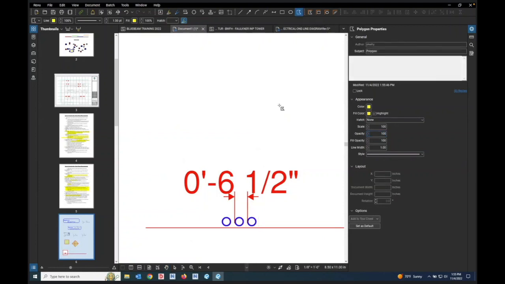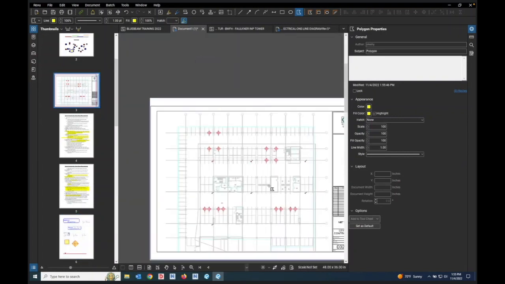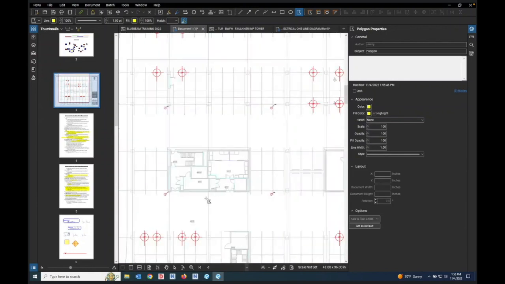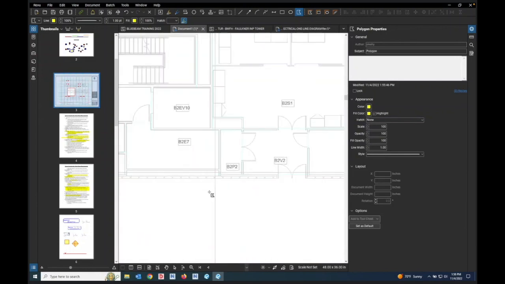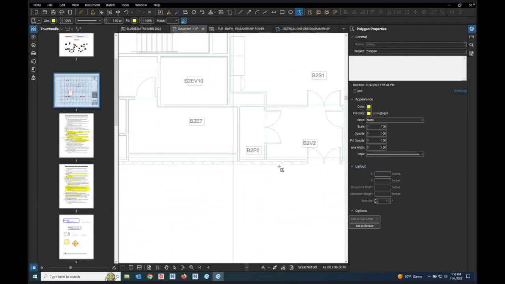Polygon. Polygon's a shape, and like P-line, it allows you to draw irregular things. Typically, I use that if I'm trying to identify an area, maybe a specific floor plan or something like that. Sometimes I'll do areas for controlled lighting or something like that. I'll select a whole area just so I can see it easily. So if I select it,